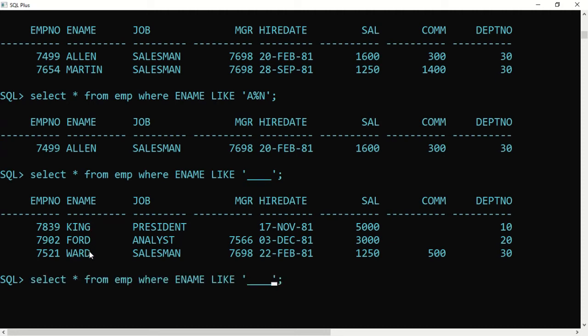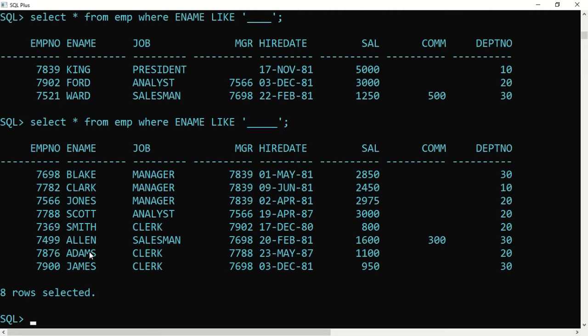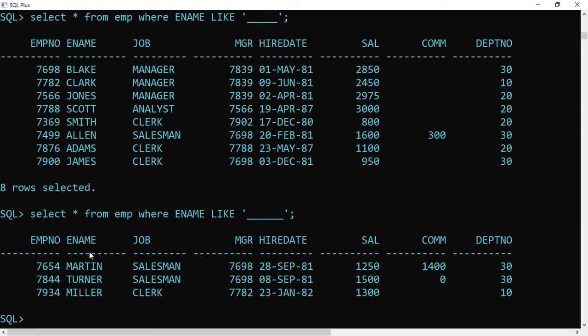Let's see if there is any person with one more underscore, say 5 lettered. If I say 5 lettered, there are 8 employees whose name is 5 letters long. Now is there any person with 6 letters? 6 letters is 3 persons. Now 7 letters.